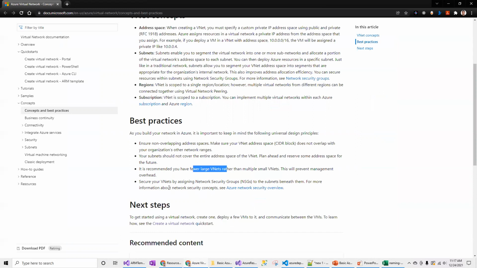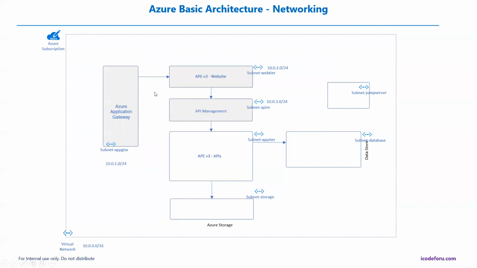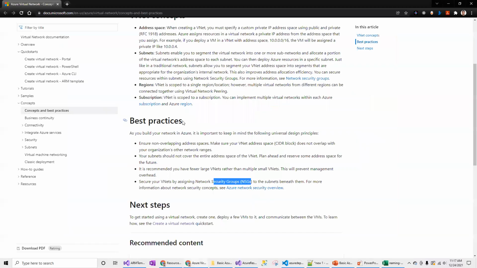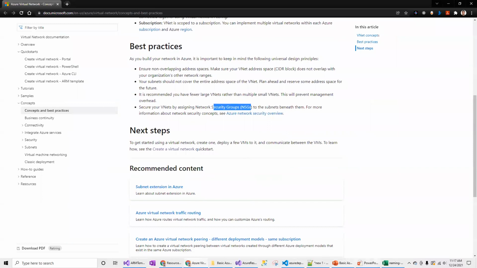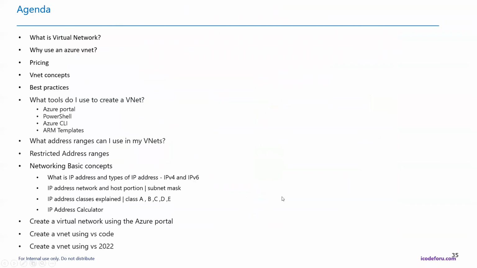And secure VNets by assigning NSGs. You will have inbound and outbound rules configured, and the traffic flow in and out through the subnets will be controlled through the network security groups. These are some of the best practices you should follow when creating the virtual network.